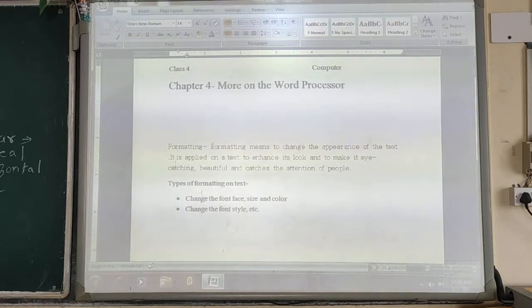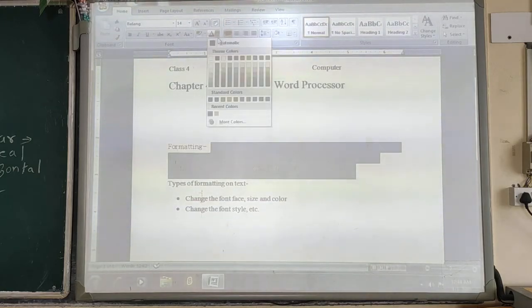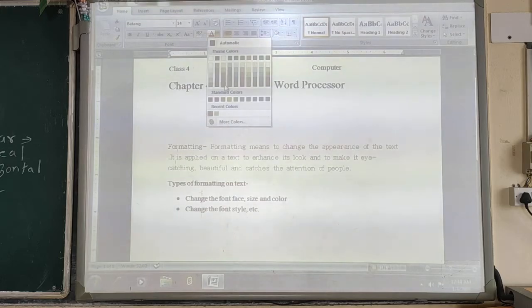So now you can see. I hope that the change in the color is not visible to you due to the brightness of the projector and the camera, but we have changed the font color for the selected paragraph.